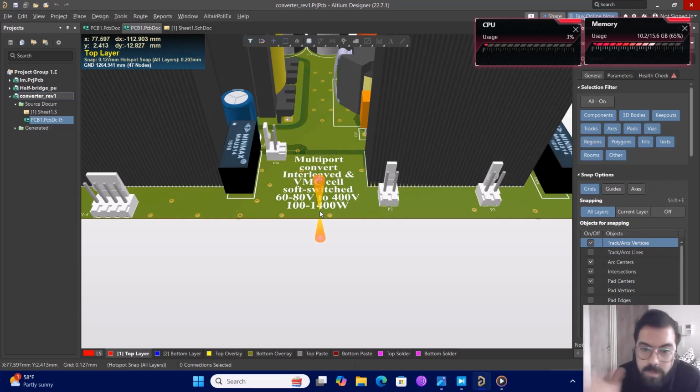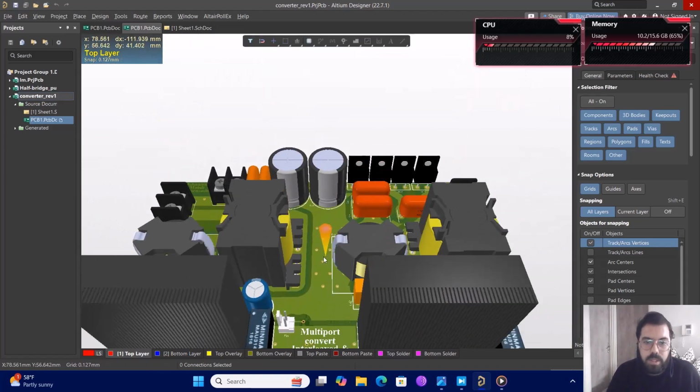designed it for 1400 watts, but in the practical test we didn't check that 1400 watts, only 1000 watts, 1 kilowatt. If I want to show that,